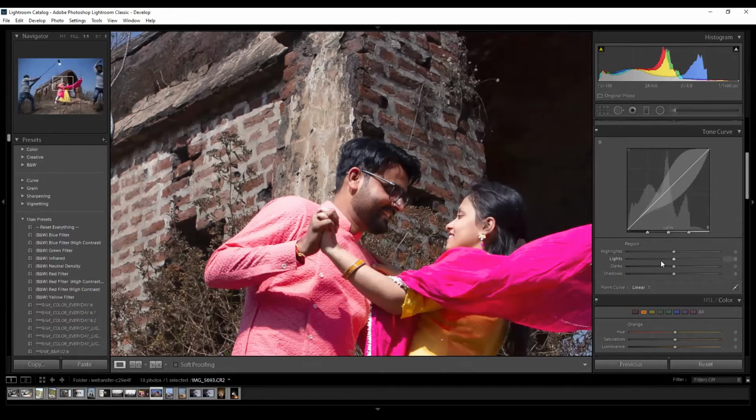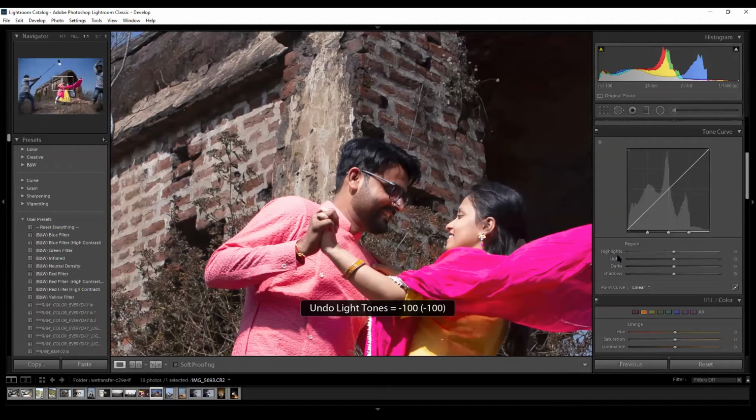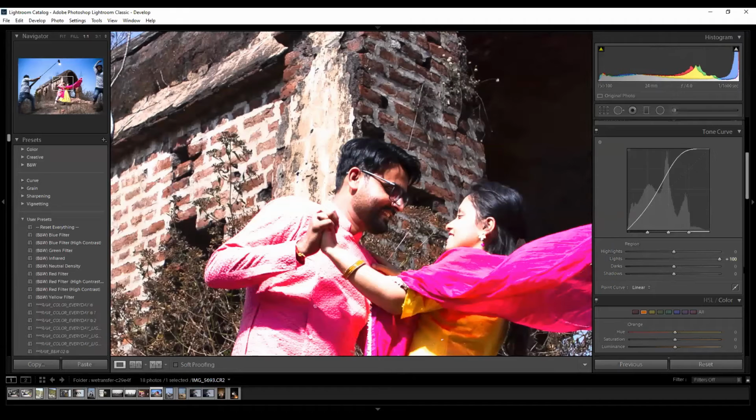Now if I try to reduce the lights also, it's trying to turn all the light, the white parts, into gray. Now if I increase the highlights over here, it will try to make it white. Now if I increase the lights over here, it will try to make it whiter.